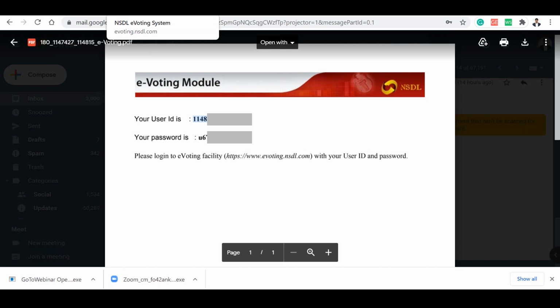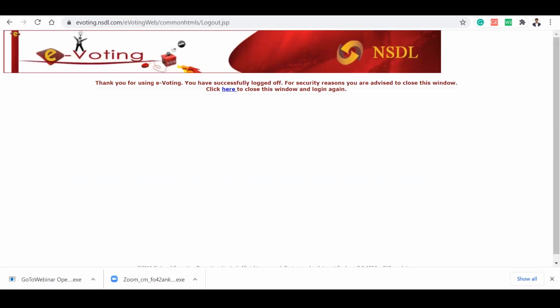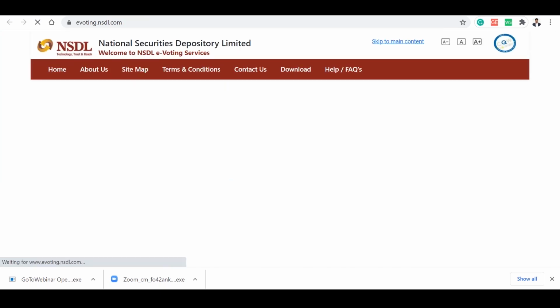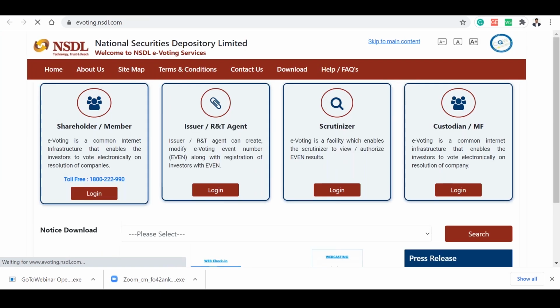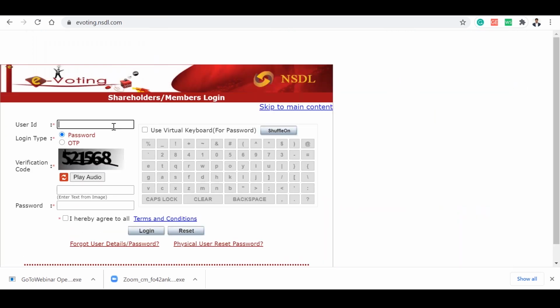Go to the NSDL site. Here you have to log in again. Go to the web check-in and put your user ID. This is a different user ID. You have to put it carefully.